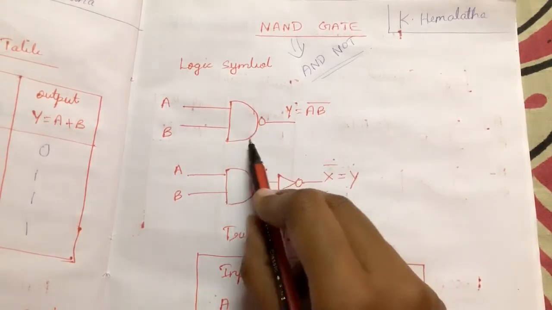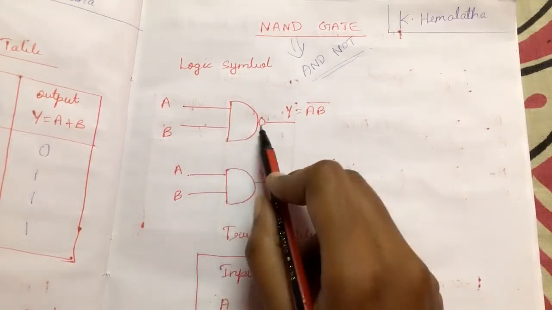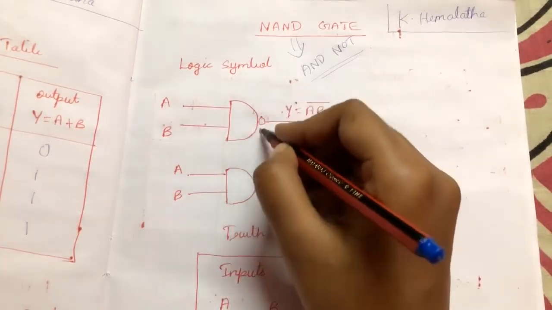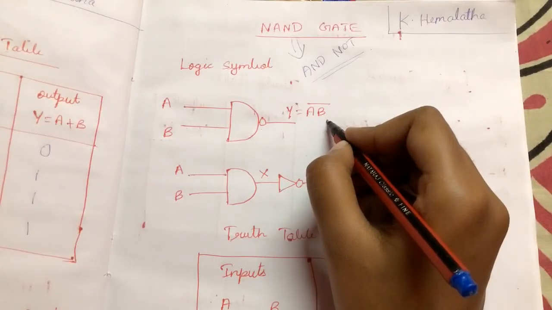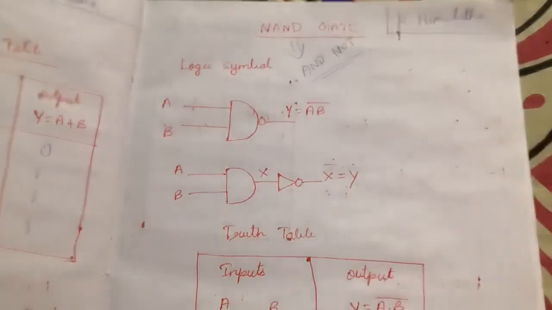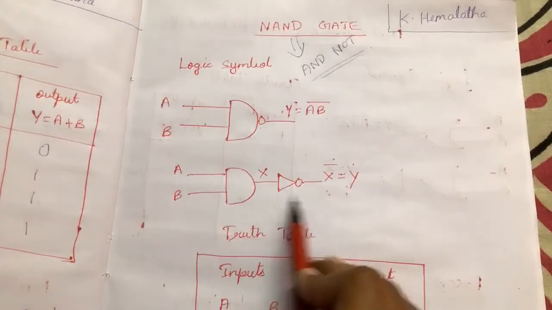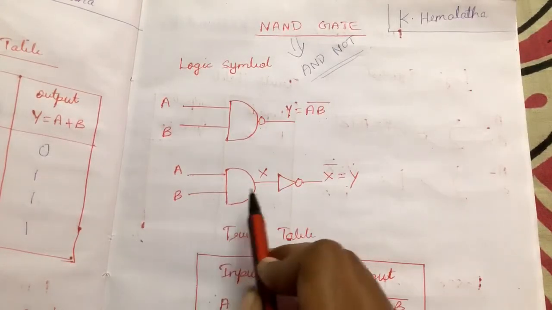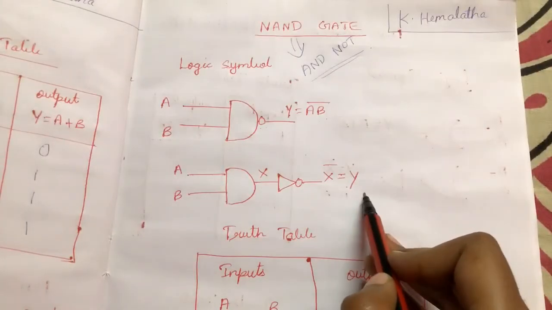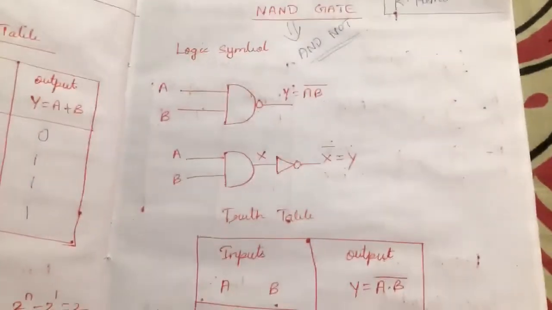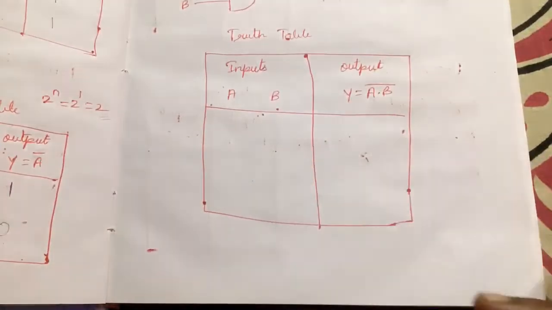So here, the AND operation, and whatever value you get as the output, we will take the complement of that. So that is what we will be getting as the output. Okay, so now we will go with the truth table. So again see this diagram also. A, B, whatever input you are getting, you need to complement that, and that will be the output they have represented. So I will go to the truth table.